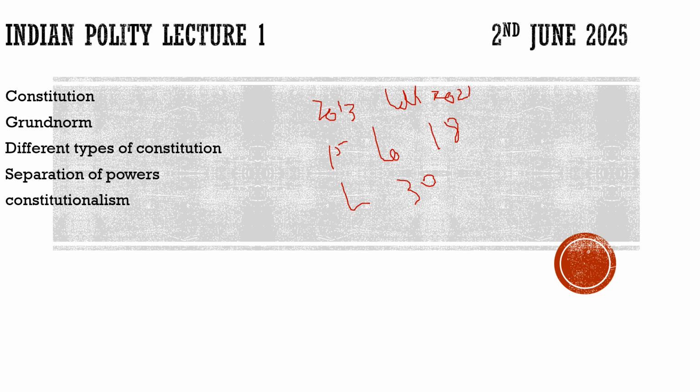If you want to clear your prelims exam, you have to cover your static portion. And trust me, if you cover polity and governance fully, if you cover history, all 3 parts, whether ancient, medieval or modern, if you cover geography and ecology and environment, if you cover economy, and if you have a good idea, not just a basic idea, about current affairs, trust me, no one can stop you from clearing your prelims exam.